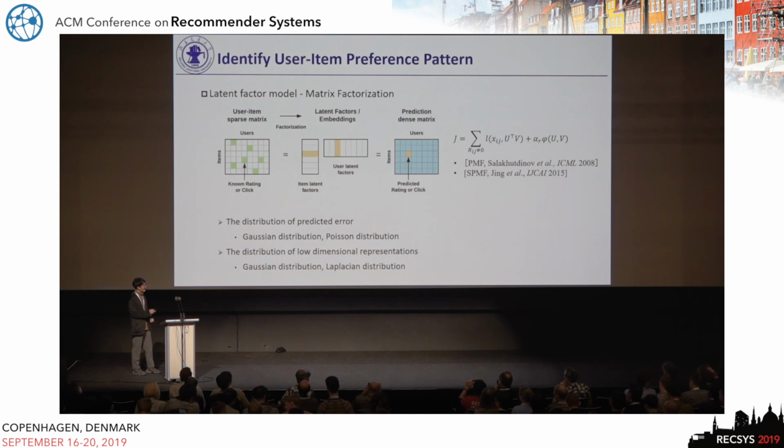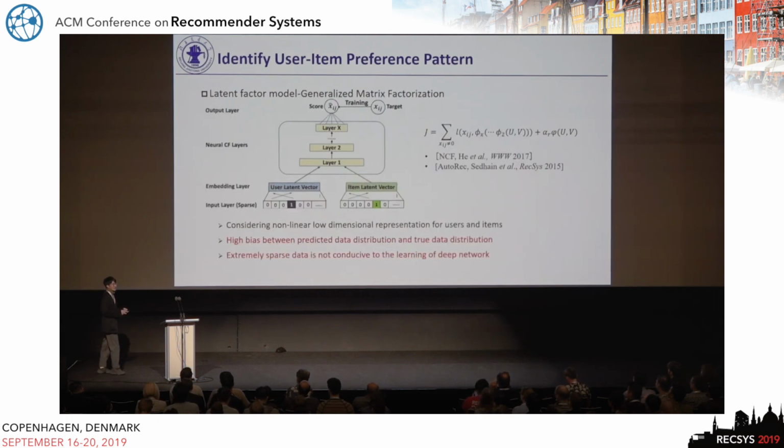Okay, let's go. So, the recommender system focuses on identifying user item preference patterns. The most famous model is the latent factor model, right? For example, matrix factorization learns the user item embeddings or user item factors to predict the unknown ratings, right? And recently, deep learning is also employed to build recommendation models. For example, here is a